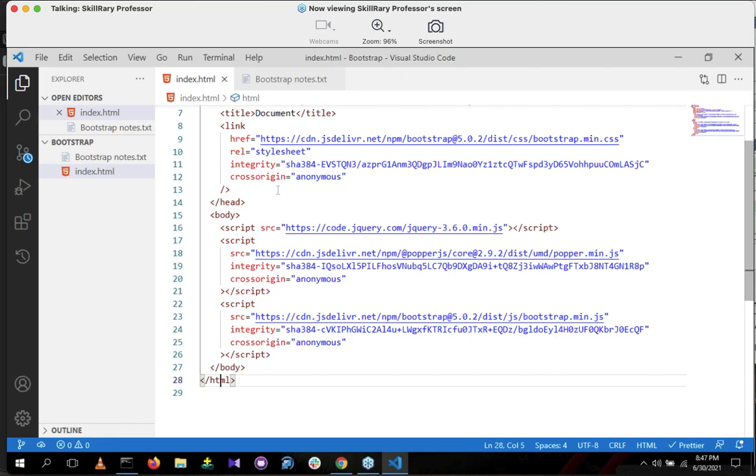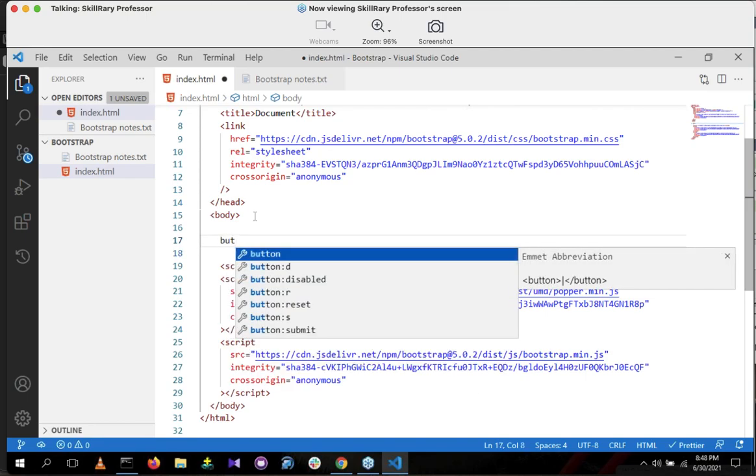But one more thing, if you are using this link tag with all the CDN links, you have to connect with internet. Otherwise, it won't work. If you are using a CDN link, it needs some internet connection. Sagar, if you want Bootstrap, you have to link. This is the way you have to link Bootstrap. So now, if you want to check whether Bootstrap has been added or not,